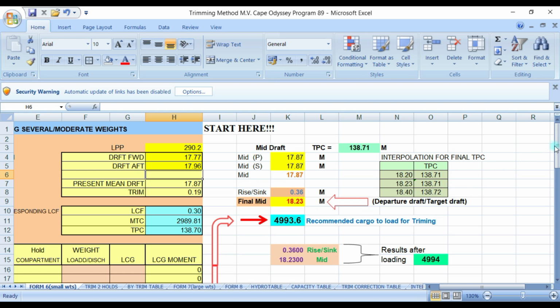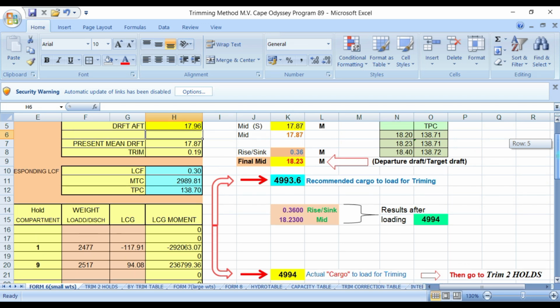Okay, so according to the computation that he has a sinkage of 36 centimeters, and with this 36 centimeters he is recommended to load 493.6 metric tons recommended cargo to load for trimming.